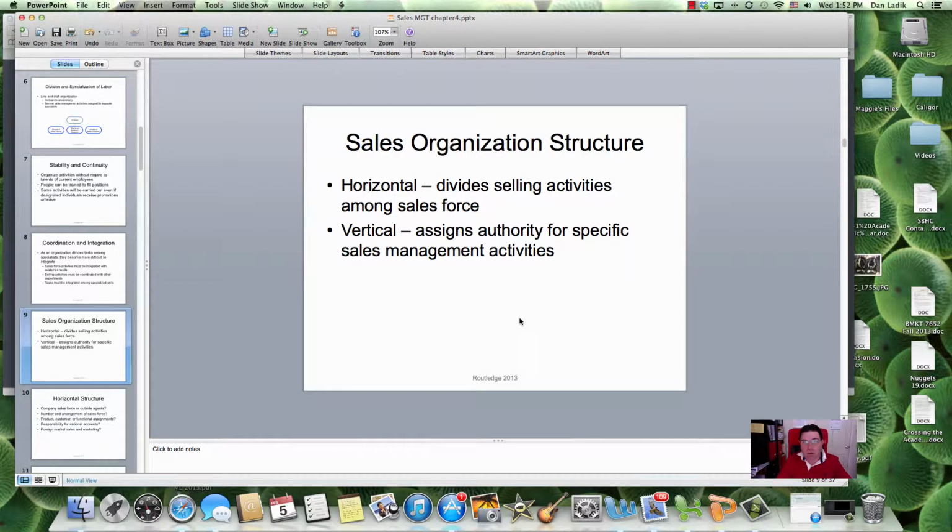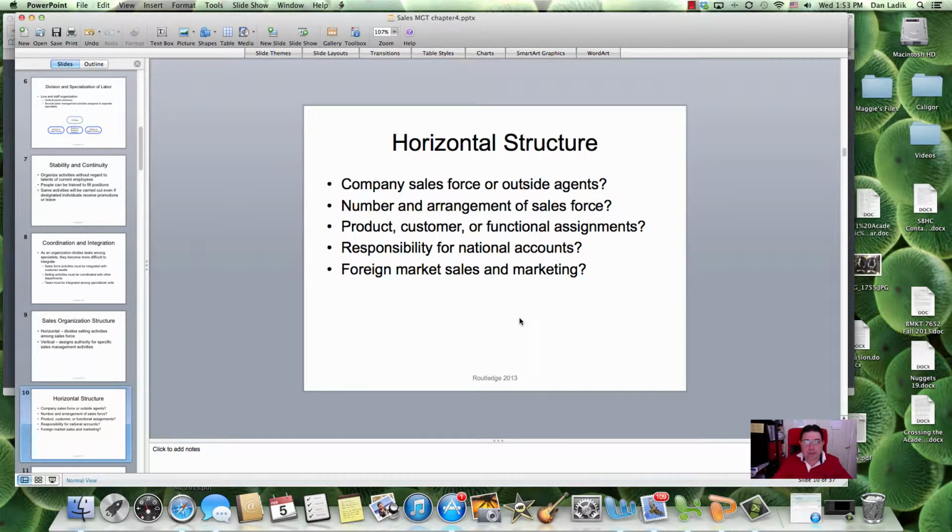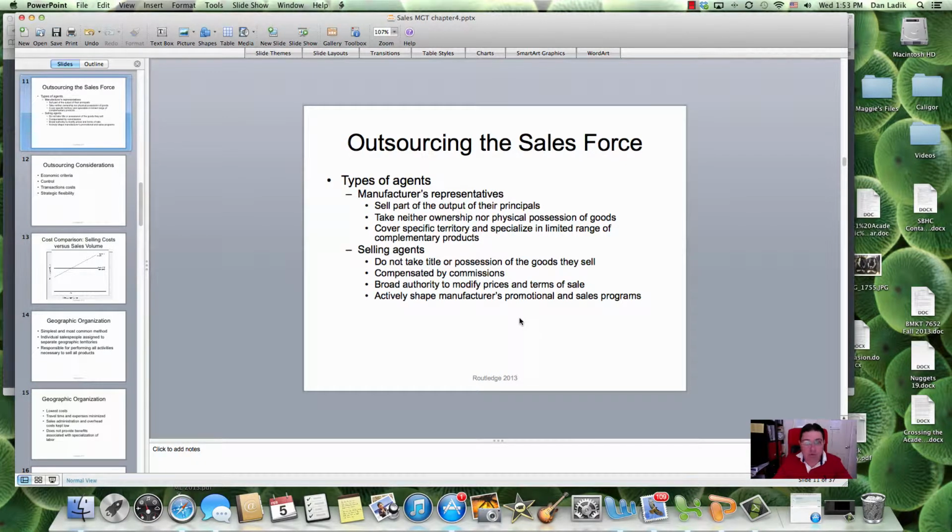So we did vertical, then we can talk about horizontal. The upside to vertical is it's pretty specific what you need to get done. The upside to horizontal, it gives you more flexibility, but it also divides selling activities across the sales force. The other upside to horizontal is sometimes horizontal could be cheaper for the company to run, because a lot of times horizontal uses a lot of salespeople that are not internal sales force, but external sales force. So let's talk about external sales forces.